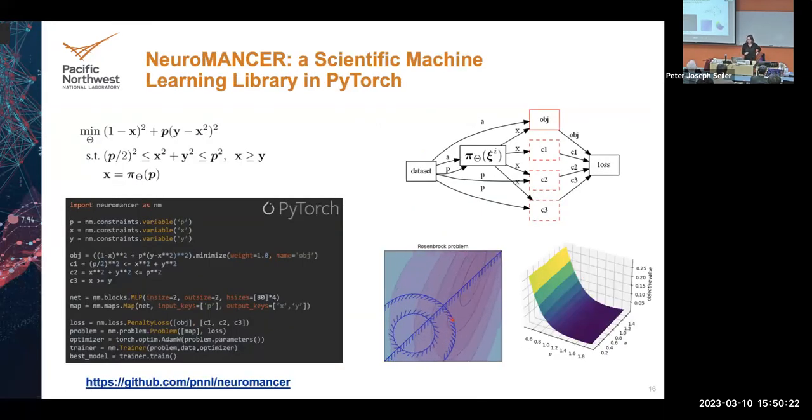And here is the approach to do so. So this is Neuromancer, a library that we've developed at PNNL that allows us to formulate optimization problems in a high-level language, like typical optimization problem from formulation tools, but solve these problems using deep